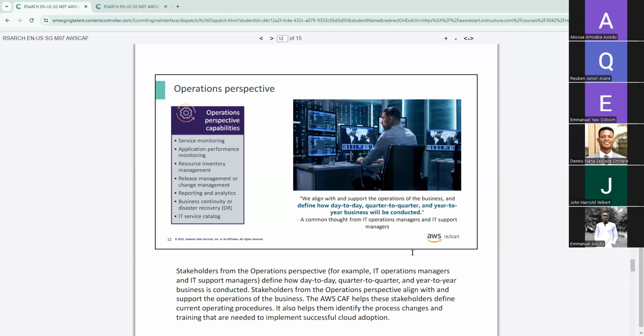So the way you operate in your company or in your organization as normal, how can you harness the cloud so that you can just continue just as if you were operating traditionally? So moving to the cloud is not going to cause any problems for you, okay? So your day-to-day, so for example,